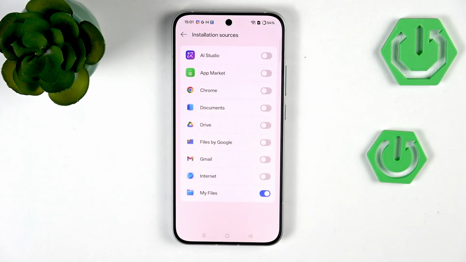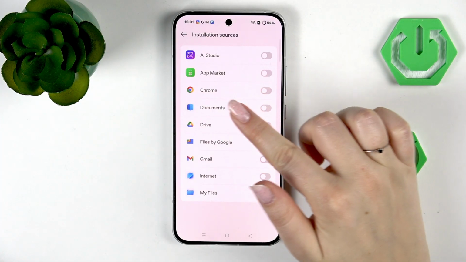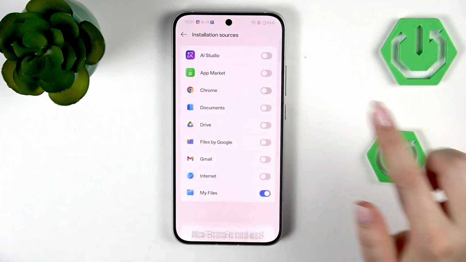So right here we've got the list of apps which are allowed or not allowed to install some content, and of course we can change it. So for example, let's pretend that I'd like to download the app from Chrome, so from the browser, from a specific website instead of Google Play Store. So all I have to do here is to find my browser, which is right there, and tap on this